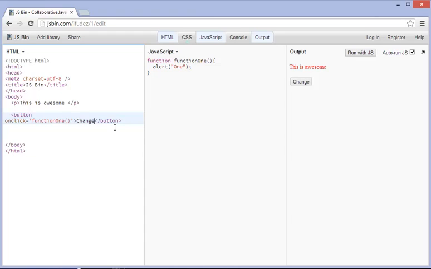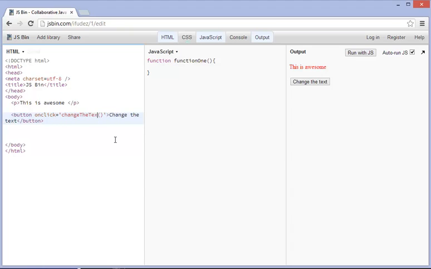So "1" is very ambiguous. You don't know what's going on, but if you say "change the text", the user knows exactly what that's supposed to do, all right? So now if we click on this, it still says 1 because that's what's in the JavaScript file. Now, just for argument's sake, it's better to name your functions appropriately as well. So function 1, 2, 3 is not exactly the best way. You want it to say